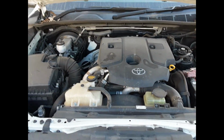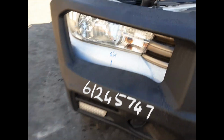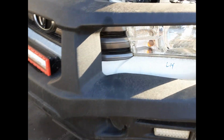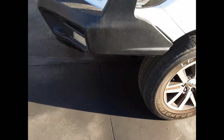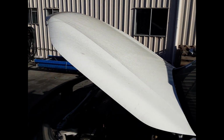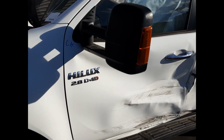2GD 2.4 litre 4-cylinder turbo diesel engine. We have the radiator grille, right hand headlight, left hand headlight, plastic type bull bar with LED light bar and all bolts and brackets. Left guard has no damage, bonnet has no damage, left front 18-inch factory alloy mag with a good tyre, pair of caravan style mirrors,